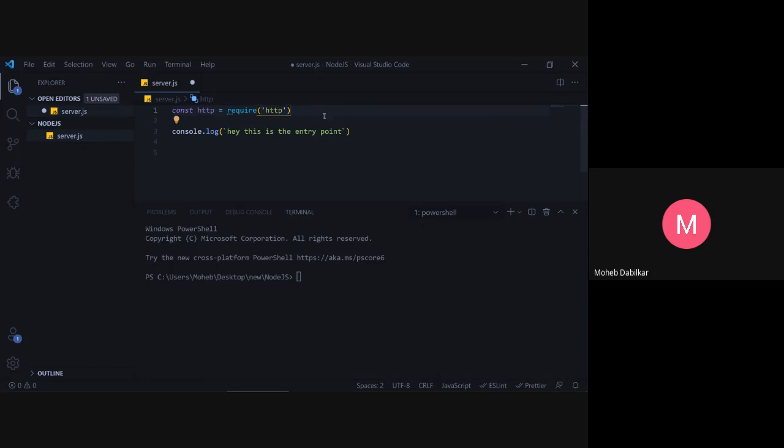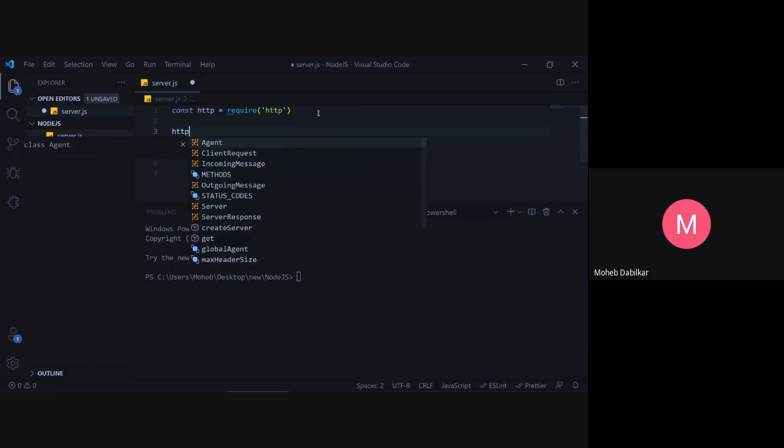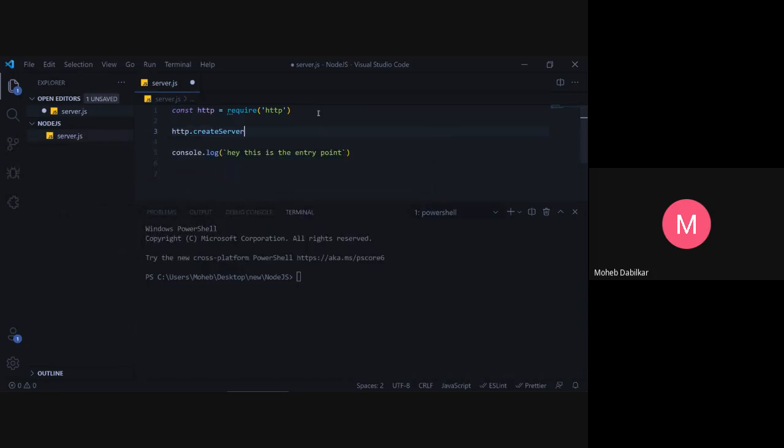This is a built-in module by Node.js. It is used to create a server. Then we can just say http.createServer, and this takes in two objects, request and response.